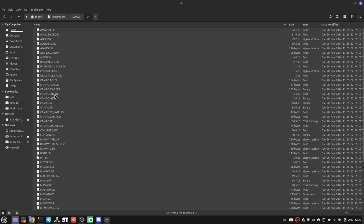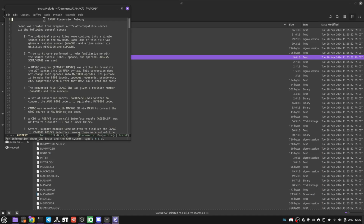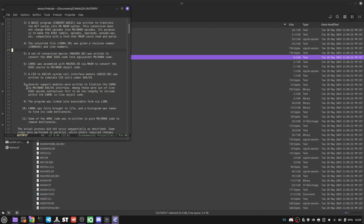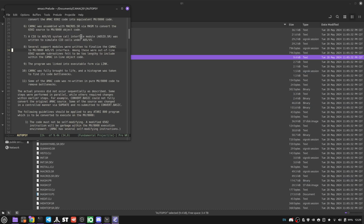and produced a version that could run on the Data General MV8000. And if you actually dig into that, there's a file in the CAMAC archive which describes the entire process that they went through to port that copy of AMAC that had been ported from 8080 to 6502, that Atari version, and port it over so it could run on the MV8000. They added a whole bunch of different source code support modules. They added in routines to simulate SIO calls and CIO calls,